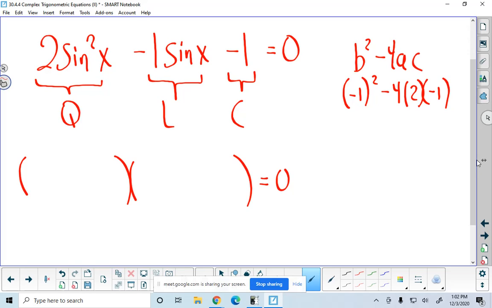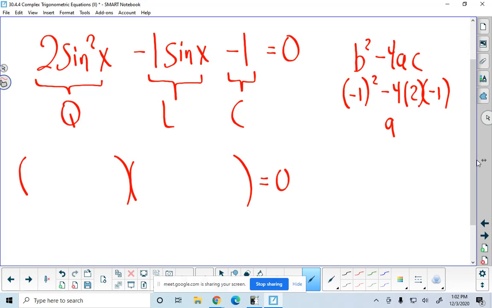Sure, it's 9. B squared is +1 minus -8 gives you 9. I'll just squeak it in here because I don't have a lot of room. I guess I do. And 9 is a perfect square. So this is factorable. So this is what a Math 30 student and a post-secondary student and a calculus student